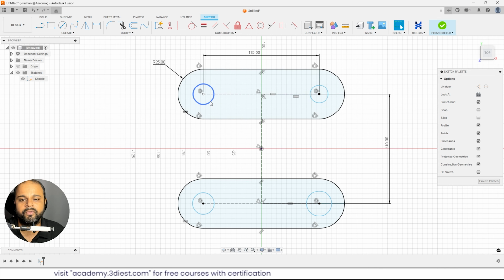So we'll change this, or what we can do, we can add the value offset over here as 15, and you can see now it is getting extended by 15. We'll do the same on the other side, that is on direction 2. We'll change this to object, then we'll rotate it like this, and in direction 2 also I want it up to this face and offset by 15 millimeter. And here you can see the moment I press OK,